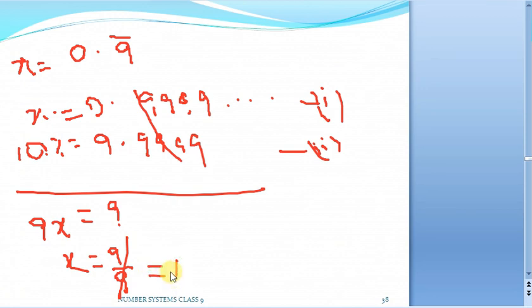Is that surprising? See here, we got x is equal to 1, and here x is equal to 0.9 bar. So 0.9 bar means 0.9999 and so on. So are they the same? Can you conclude something about it? Here don't get surprised. When you write 0.99999 and so on, it will converge to 1. So that's why we are getting our answer to be 1. Apart from that, there is nothing wrong in that. When you write 0.9999, it will be close to 1. So that's why I'm getting my answer as 1.